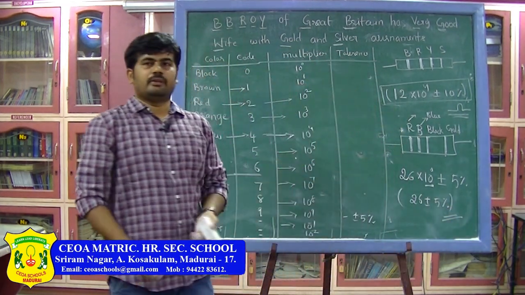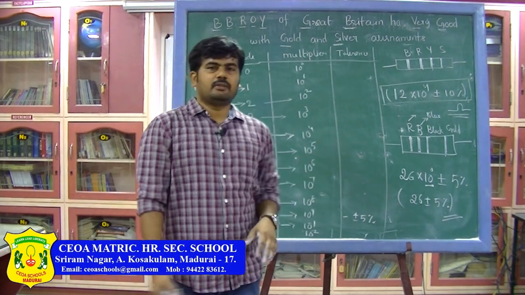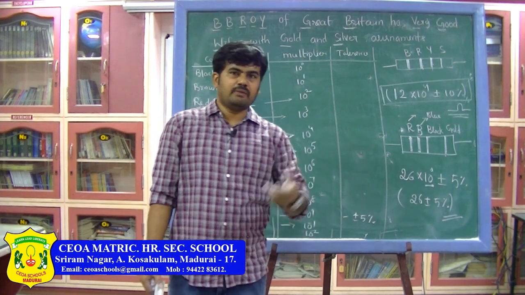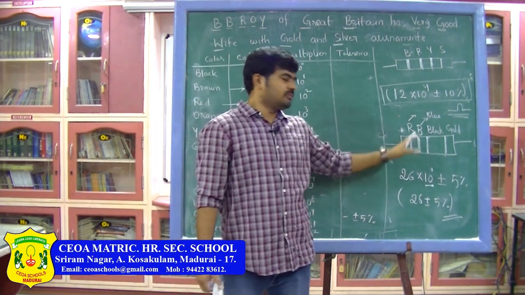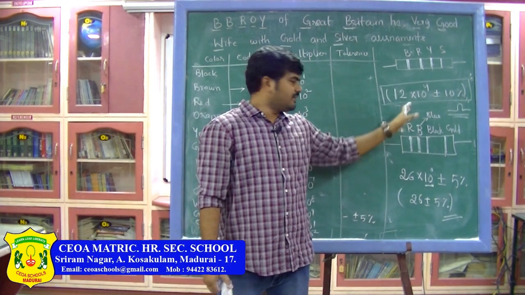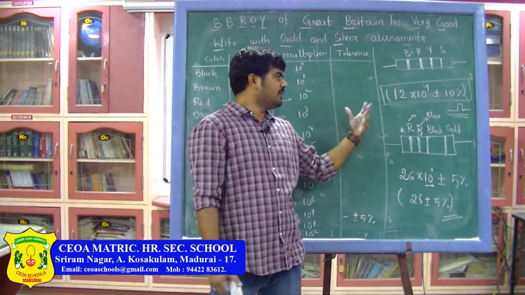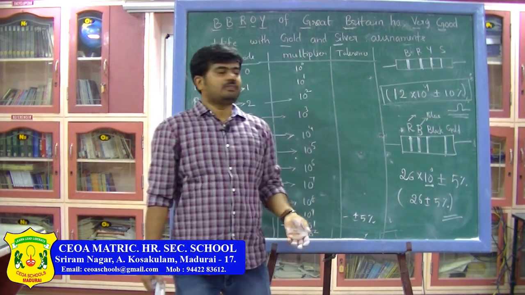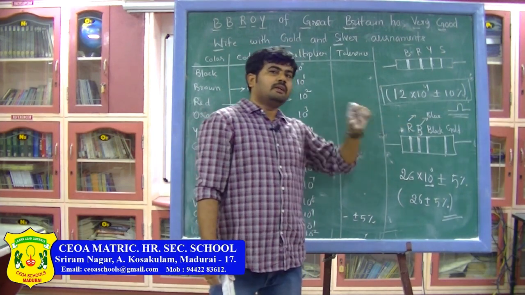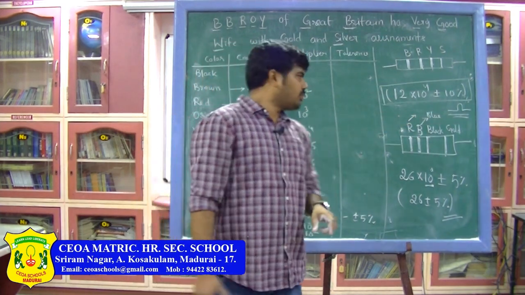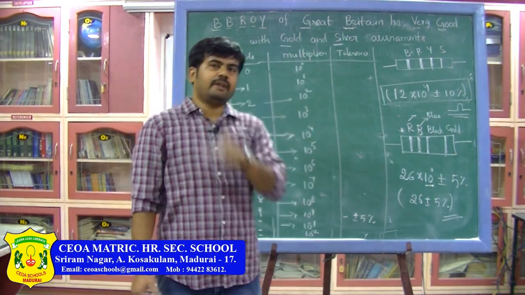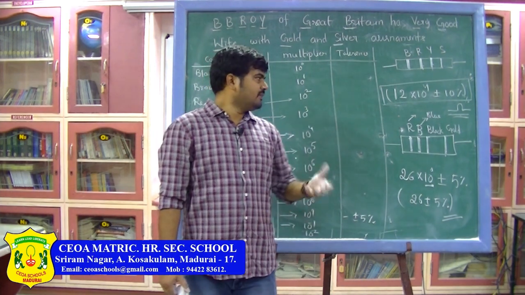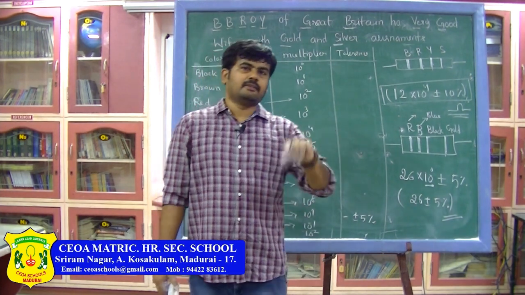So this is how we can do the problems using color codes, a very important method. In previous NEET exams, in a few years they asked questions about color codes, calculating resistance using color codes, or by giving the value they will ask for the color band sequence. First they will give one value and ask which color sequence is correct for the given value of resistance. That kind of question I will discuss in the next class.